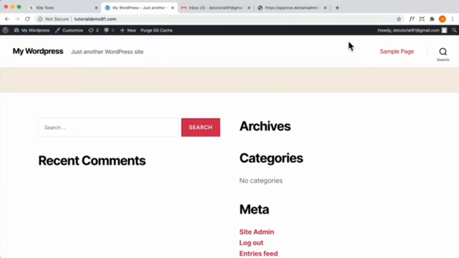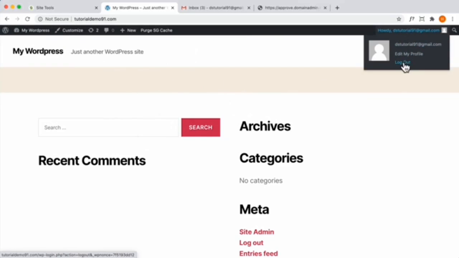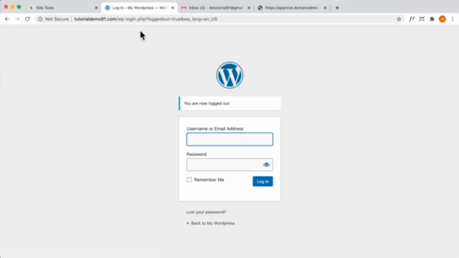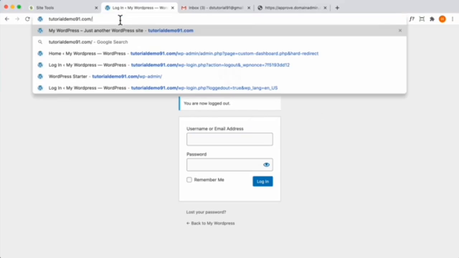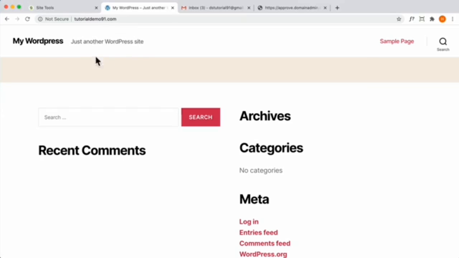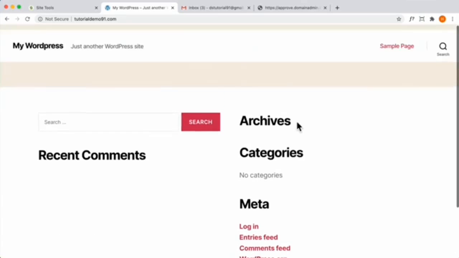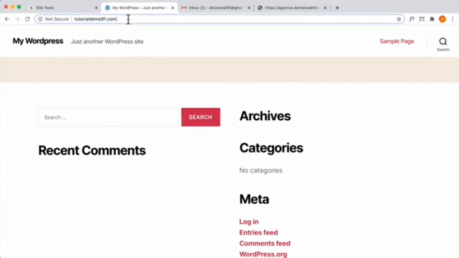So if we want to log out of our website, this is what we see when we're creating our website. What our customers will see once we log out is, we'll go over here to our domain name and just delete that and click on OK, right? And then this is what your customers will see. So if you want to log back in to your dashboard area and start building your website, then you need to type in